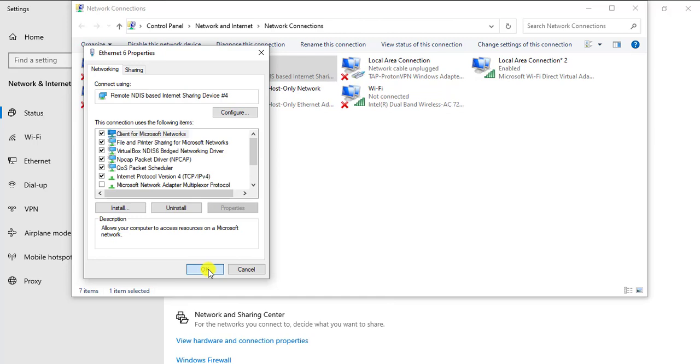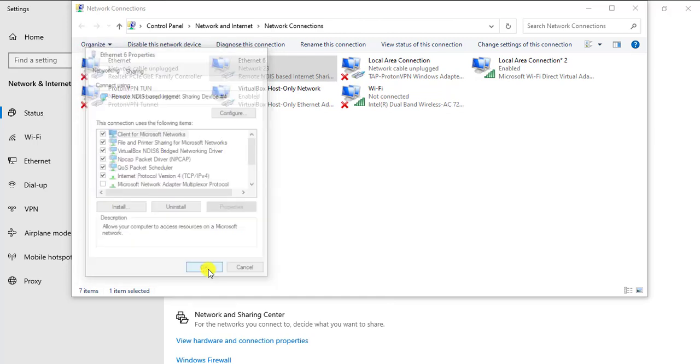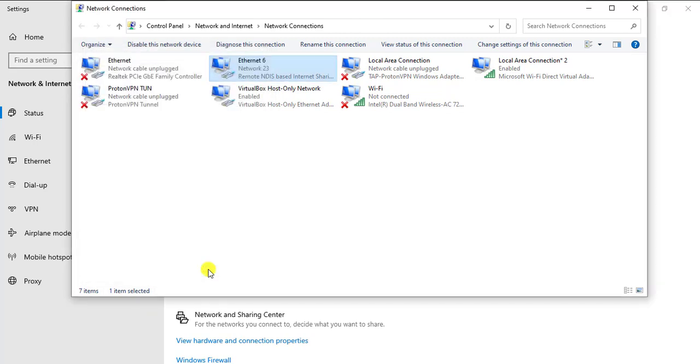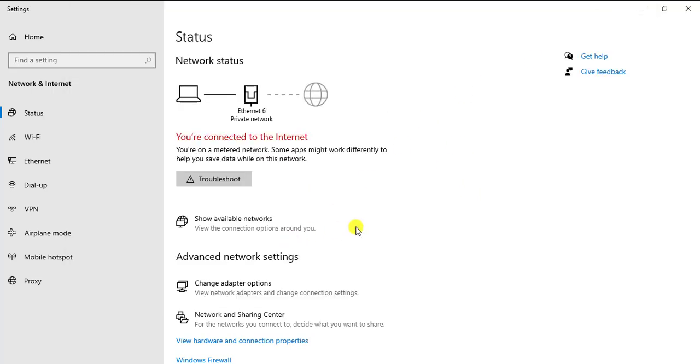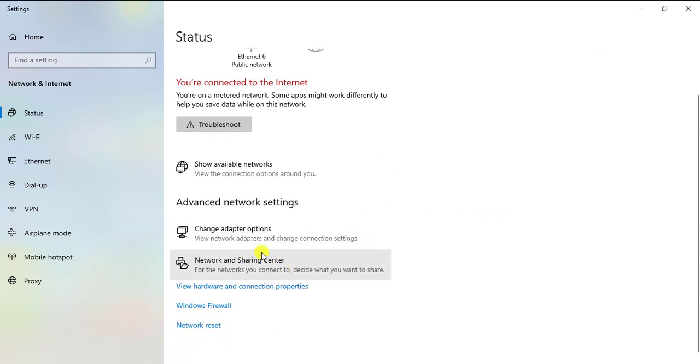Then when you click on OK, you are done with the first configuration for each PC at the change adapter settings. So guys, the next step for you to do is to go to Network and Sharing Center. So that is the second step. Still on this particular window, you can directly click on Network and Sharing Center just below change adapter settings,